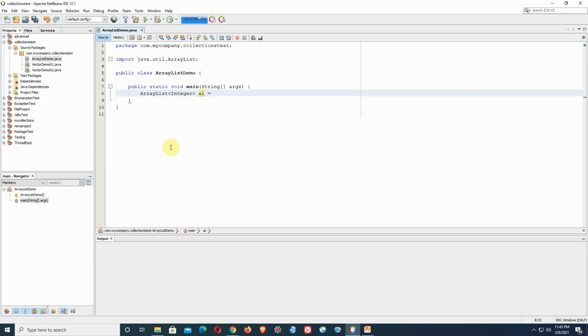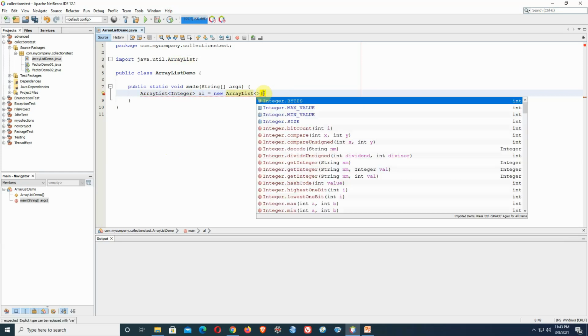Next comes the constructor. It can use the diamond operator, because if I write Integer here, that can be assumed automatically by the compiler. So no need to write it again in the same line while the ArrayList objects are being created.